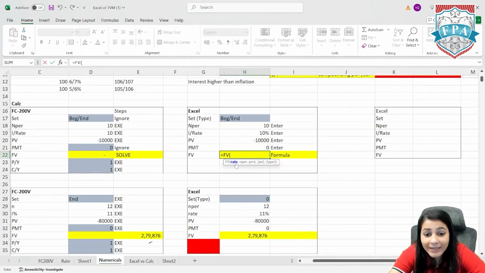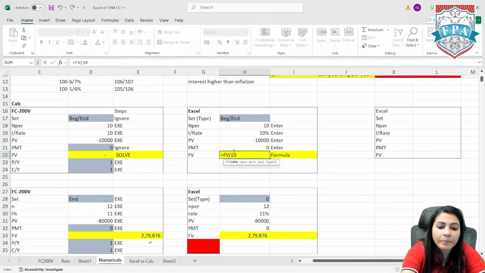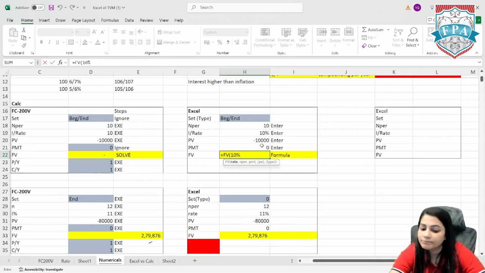Once you double click, Excel sheet will open up a formula tab. Use this particular formula or guidance and keep on linking the cells. When I say linking, the rate is 10%. So you could directly type 10%, but never do that. We've already written 10% over here in the cell H18 or rather H19, because it is rate. So in H19,